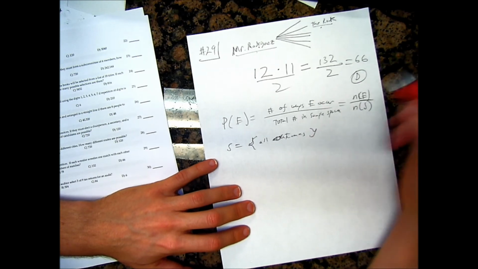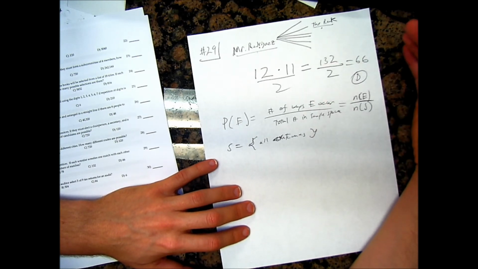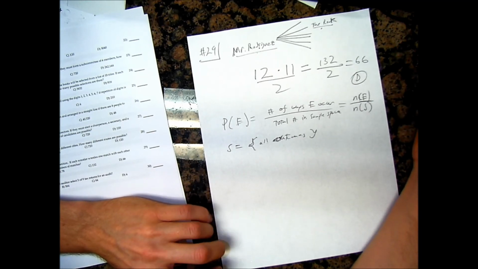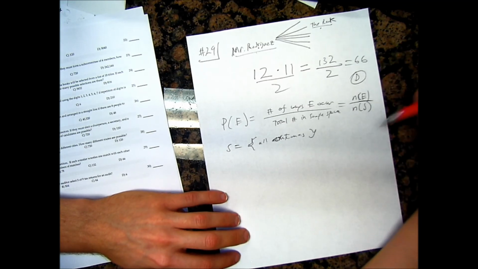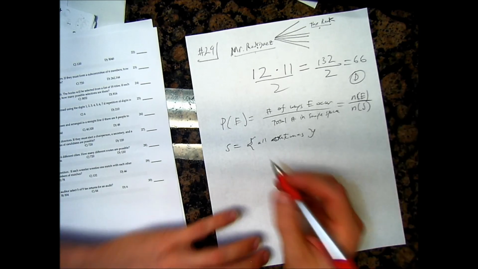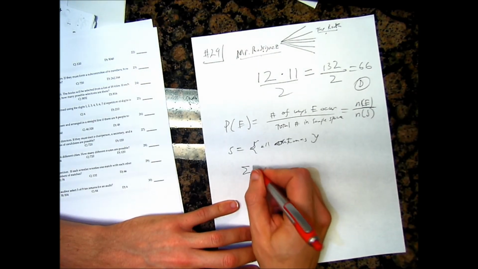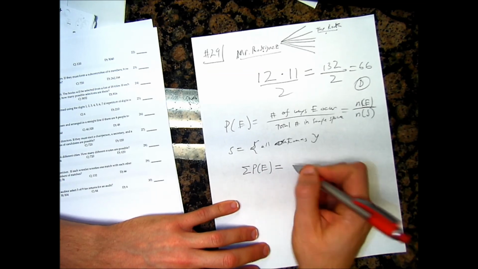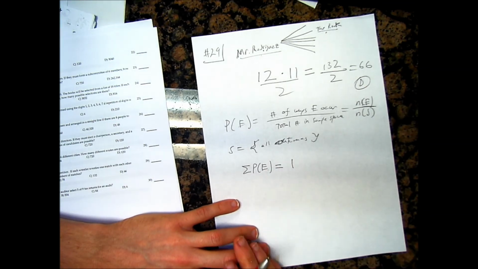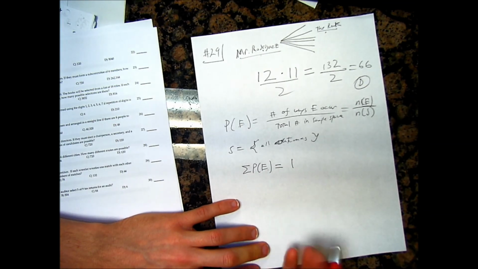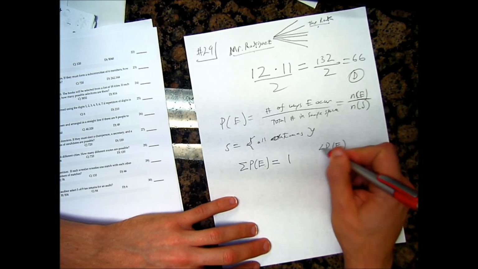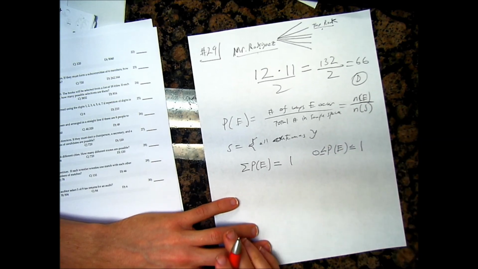And that's why all this stuff with the choose and the permutation was so relevant, because we have to count things efficiently and think of ways of not having to literally list out every single occurrence. Another thing is that if I were to add up all of the events in the sample space, they should add up to 1. All of the what's called the simple events shall add up to 1. So this is the definition of a probability distribution. And then, of course, remember that every probability can only be between 0 and 1.